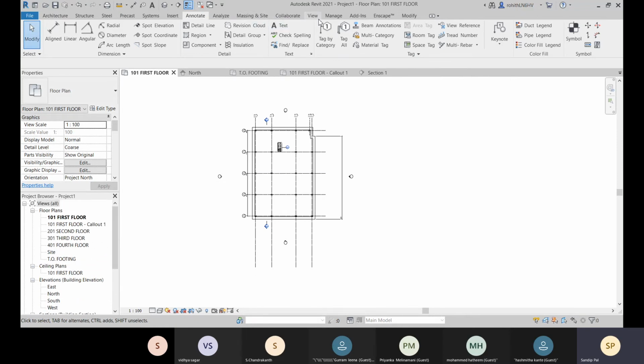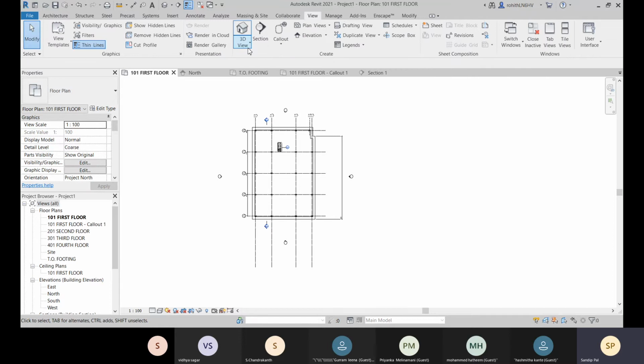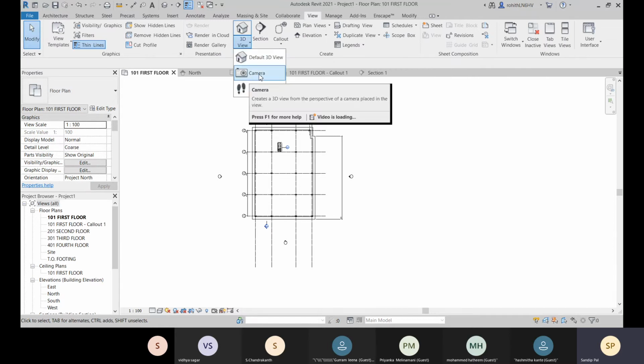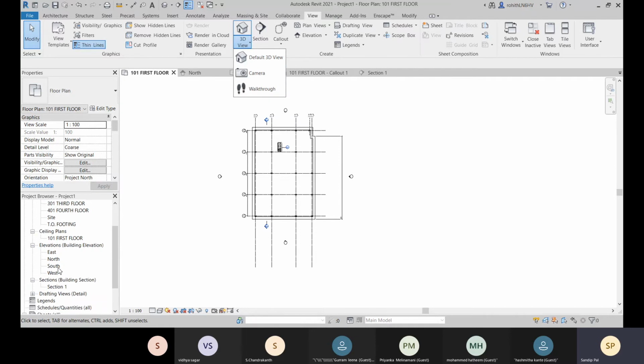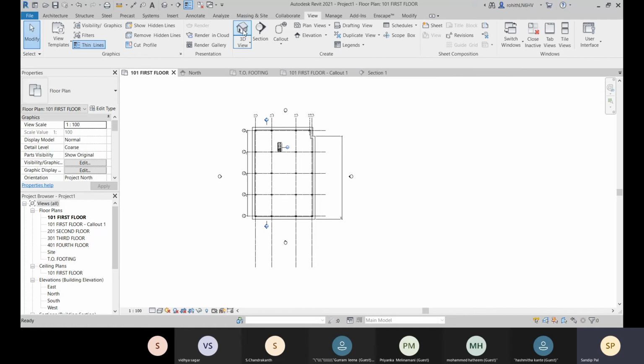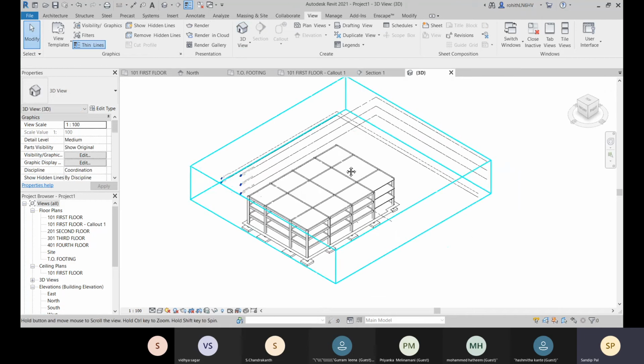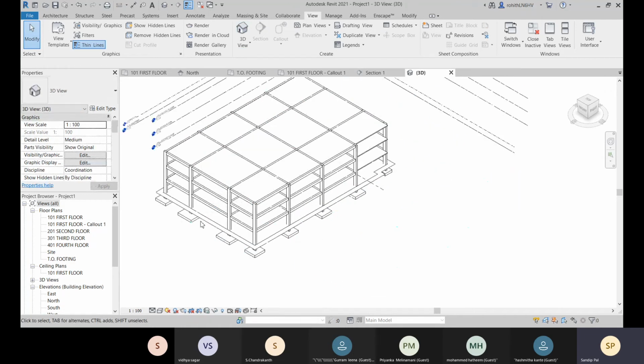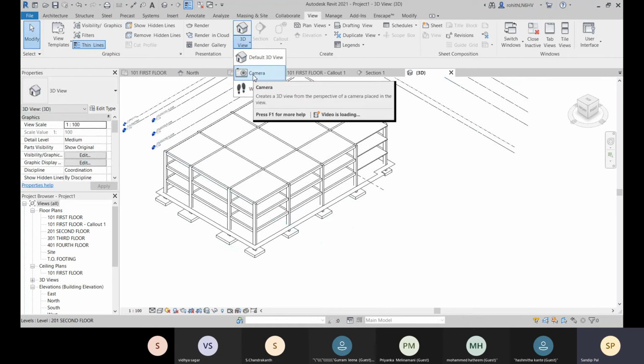Okay, about creating a drafting view, now let's come to this one. And here you can create your own camera view after placing your camera. So let's switch into any 3D view. Let's go for this 3D view, and here you see that is there. And let's create one camera view. Let's place one camera.